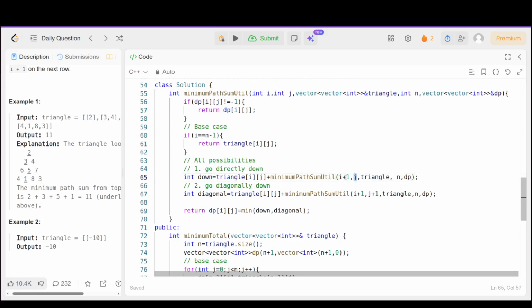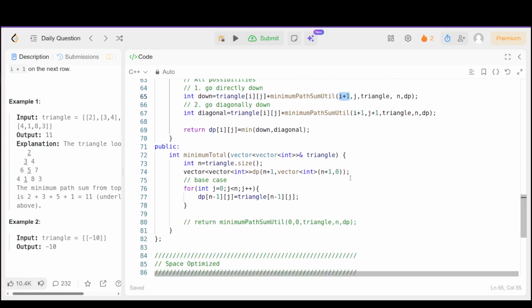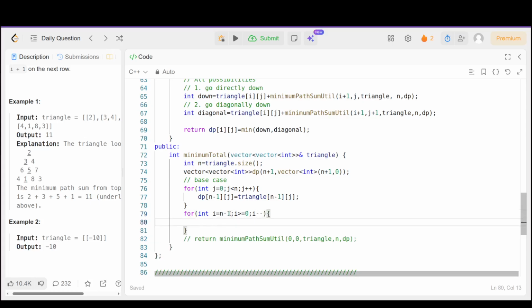And if you see that for the current calculation, let's say you have the current state and you need the I plus 1th state calculations. So what we can do is iterate backwardly. That means let's say I equal to n minus 1, I greater than or equal to 0, and I minus minus. Okay, we do not start from n minus 1 because the n minus 1 state is already done in the base case. So we start from the n minus 2th state,